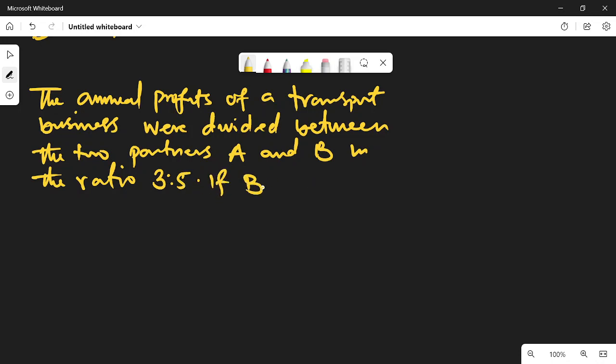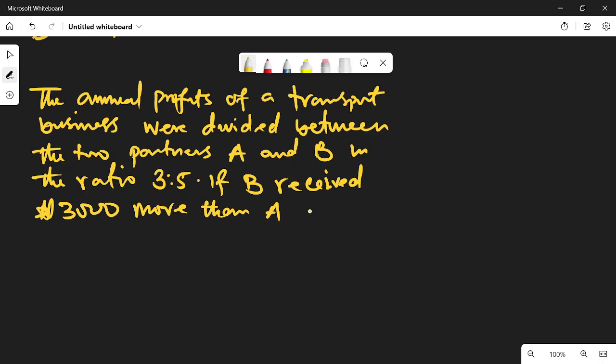If B received 3,000 more than A, the total profit was,